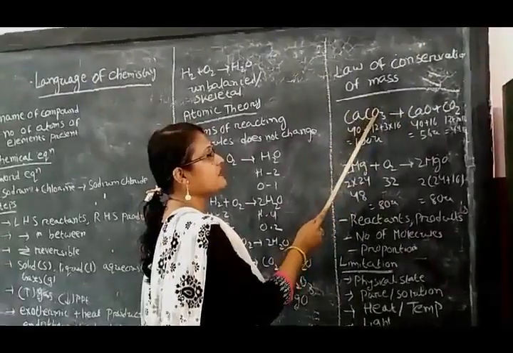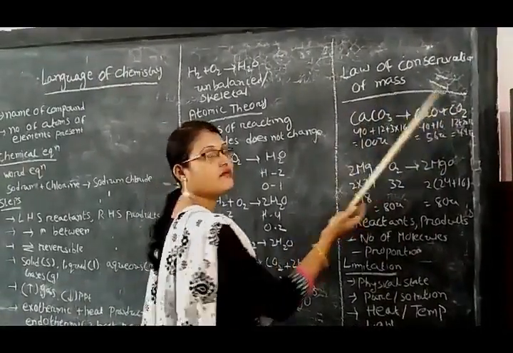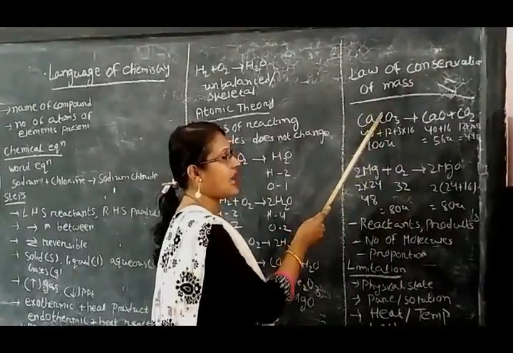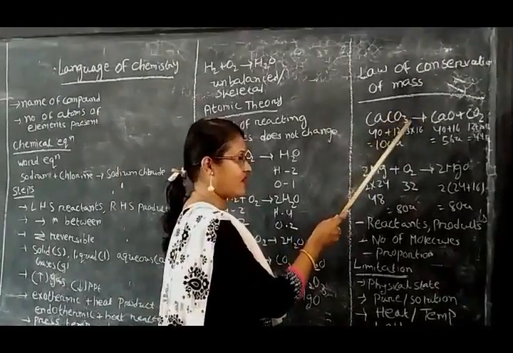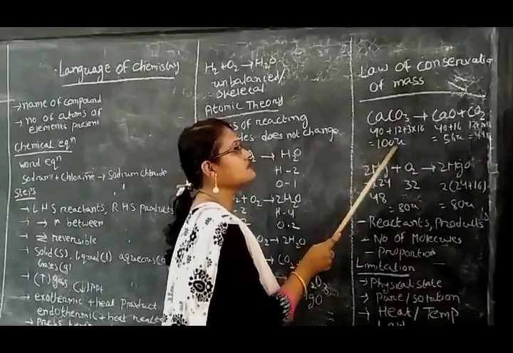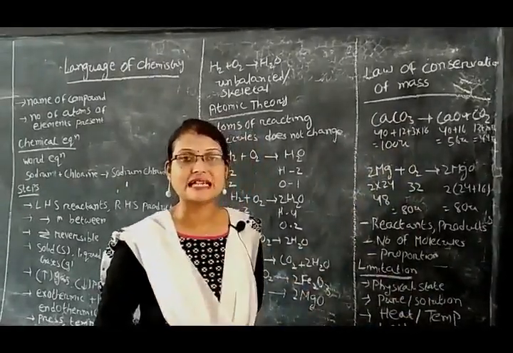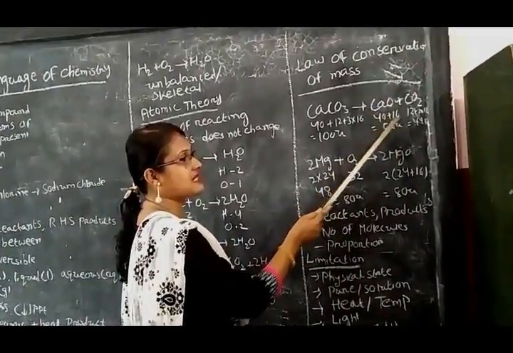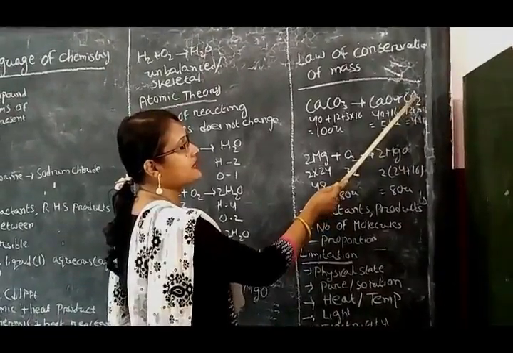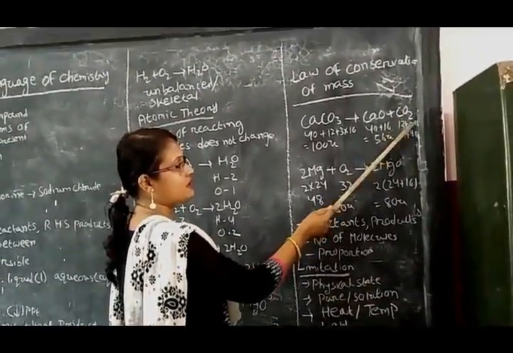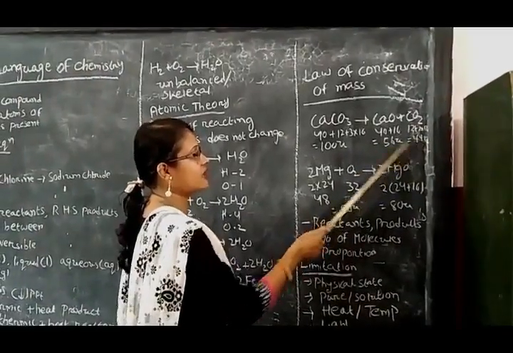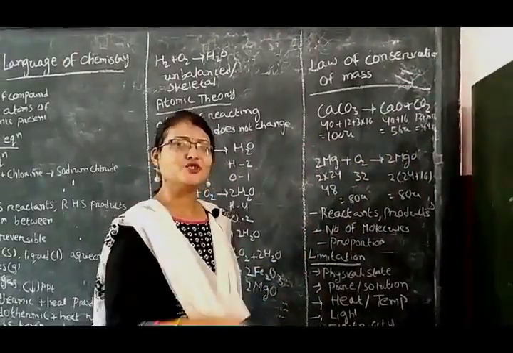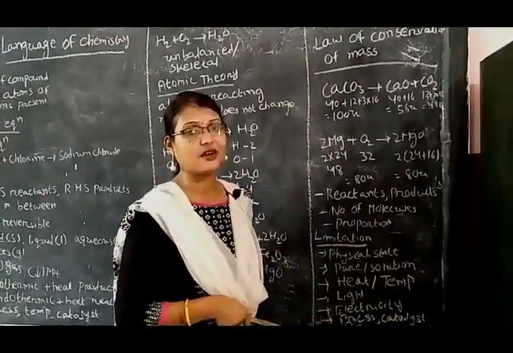1 Ca, 1 Ca, 3 O, 1 3 O, 1 carbon, 1 carbon. Now by taking the masses, the mass of calcium is 40, carbon is 12, oxygen is 16. So 3 oxygen, 3 into 16. This sum becomes 100 U. U means unit. Unit stands for mass. Then for calcium oxide, calcium 40, oxygen 16, 40 plus 16, 56. And CO2, 12 plus 2 into 16, 32, 12 plus 32, 44. By adding 56 plus 44, it becomes 100. That means the mass of reactant is equal to the mass of product. So this is in accordance with the law of conservation of mass.